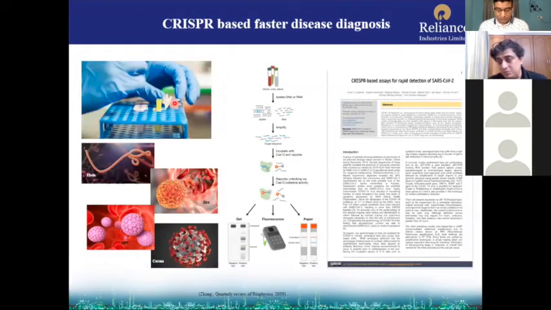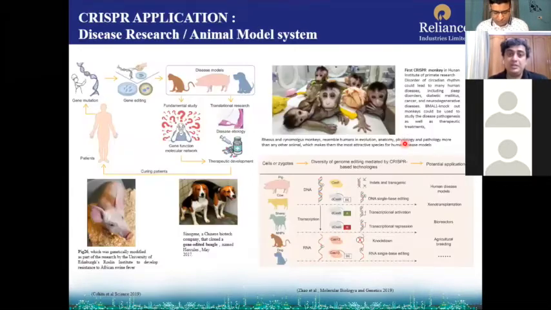Also diagnosis. This is our paper in preprint, which will come out in a quite renowned journal very soon, where we basically accumulated different kinds of CRISPR-Cas9 based targeting of the COVID-19 disease, SARS-CoV-2. So CRISPR-Cas9 can be used much faster in a point of care way for identification of different nucleic acid detection based disease detection. So COVID is one of them.